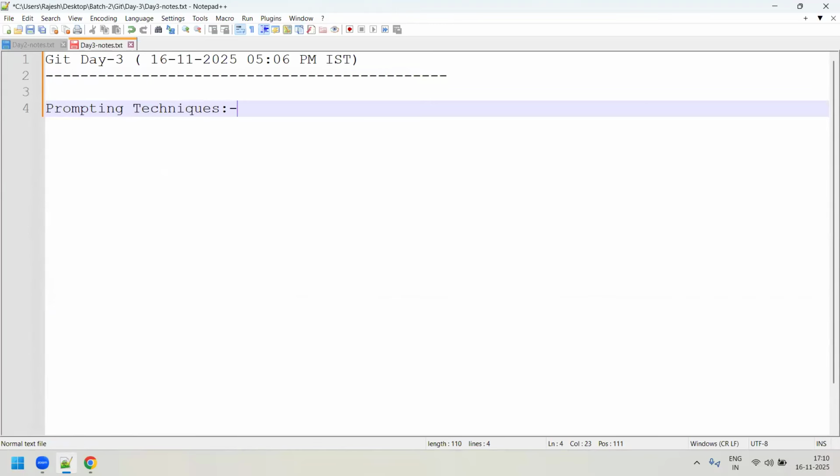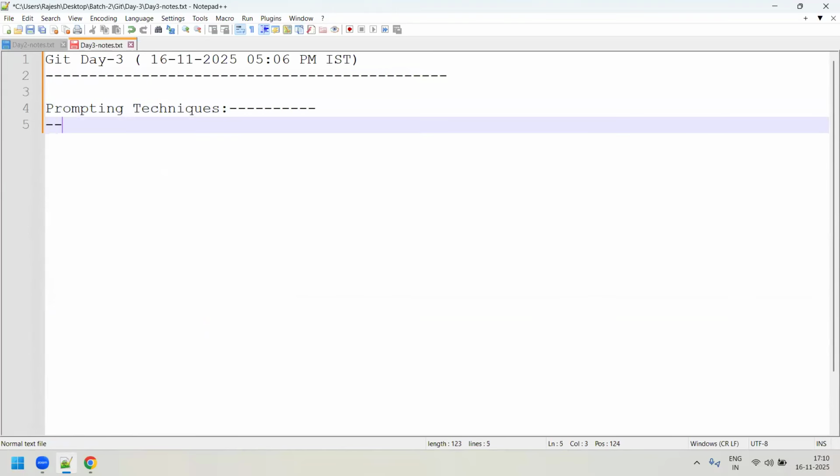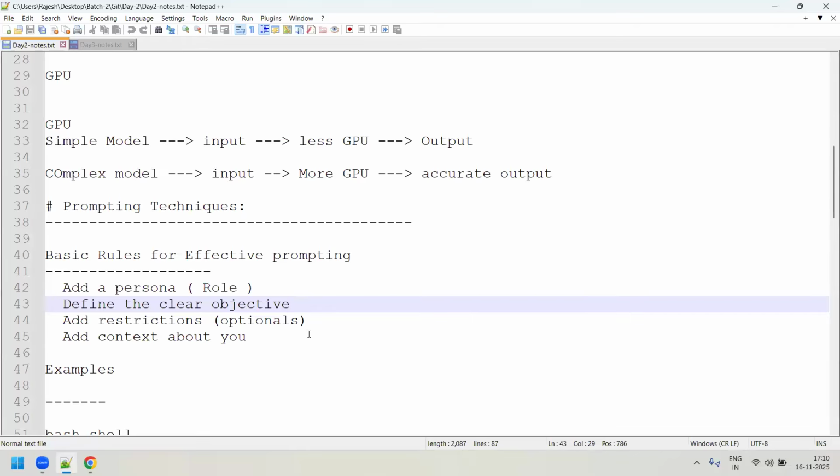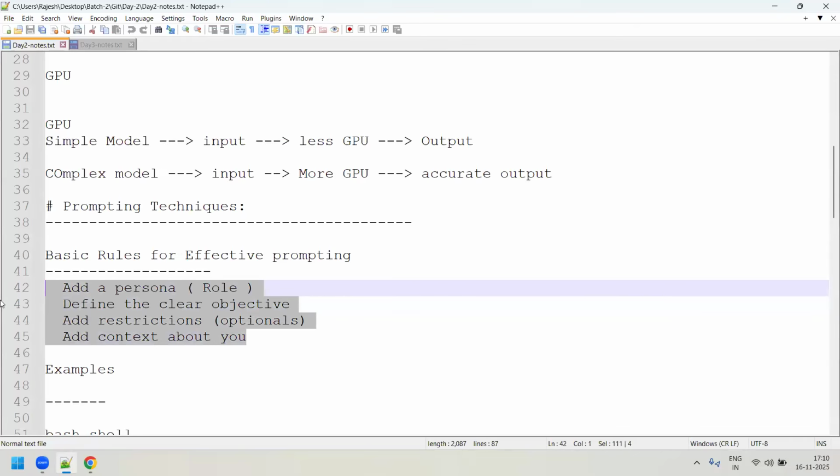Now, yesterday we understood very basic prompting techniques, where we have to provide the role, give the objective, and provide the persona. That's what I said, this is something we learned yesterday, and this is one of the most effective ways of using prompts. I would suggest that we always use this technique for searching anything in the AI tool. This is one of the best.